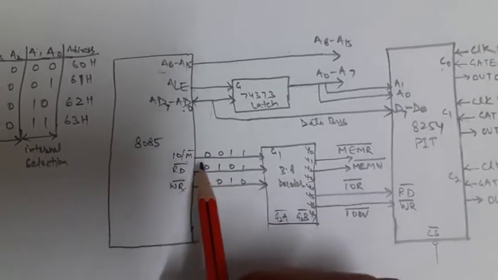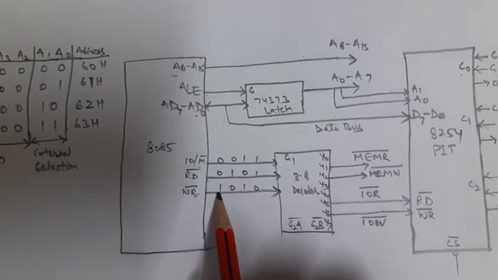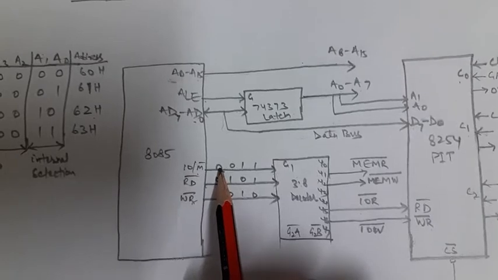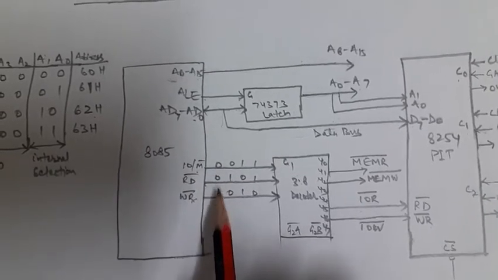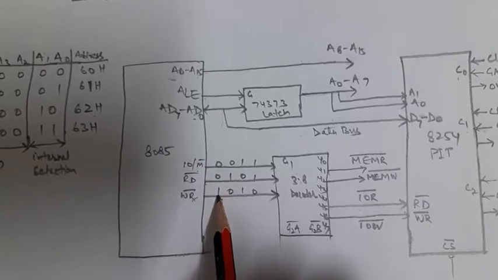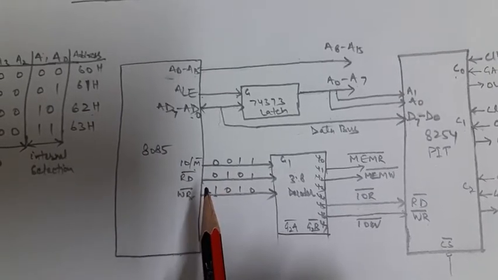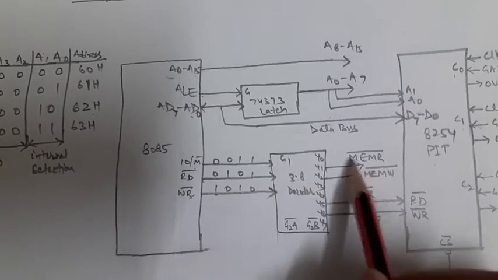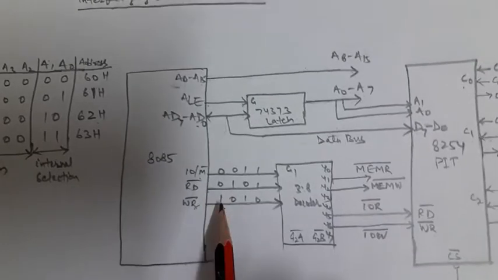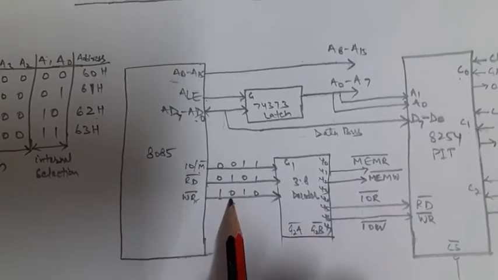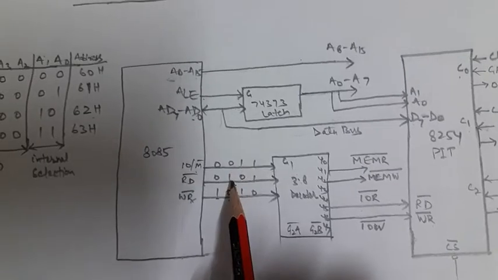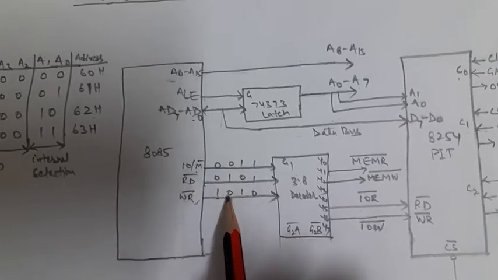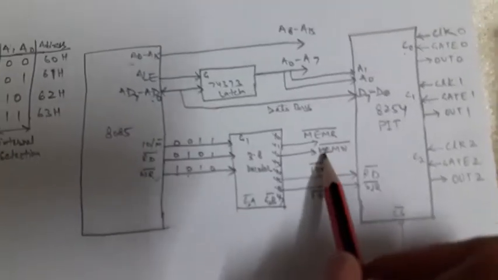Now see here, if I provide 001 over here, what does it mean? It means it is a memory operation, a read operation, so memory read. 001 corresponds to the value 1, so Y1 will be selected, and at Y1 we have given the memory read. All the signals are active low. Now if 010 is provided at the input, the first 0 means memory operation, and write bar being 0 means a write operation. So 010 means Y2, and at Y2 we have provided the memory write.